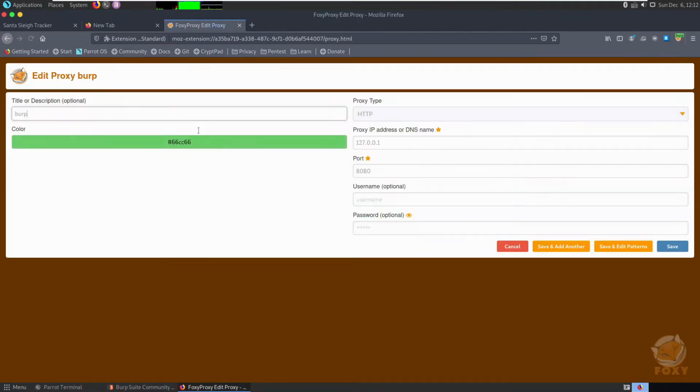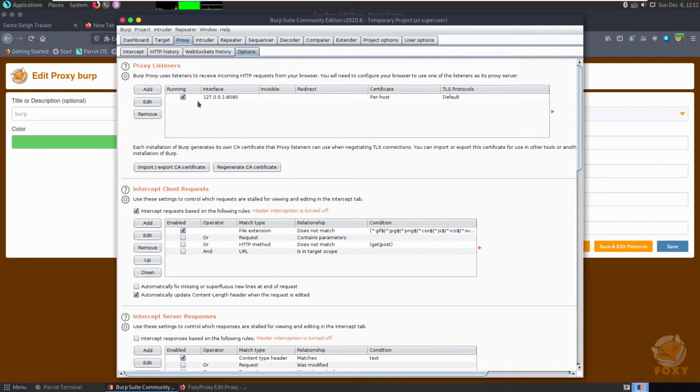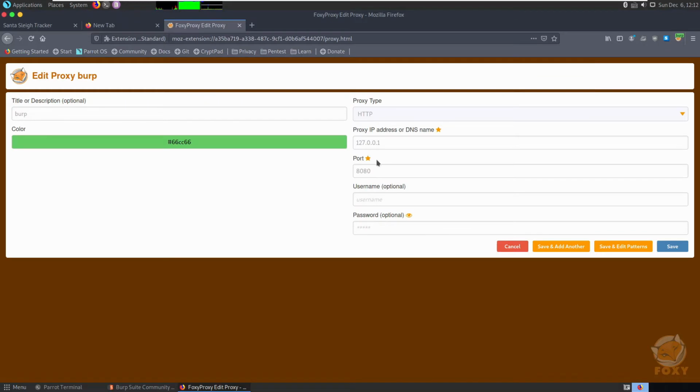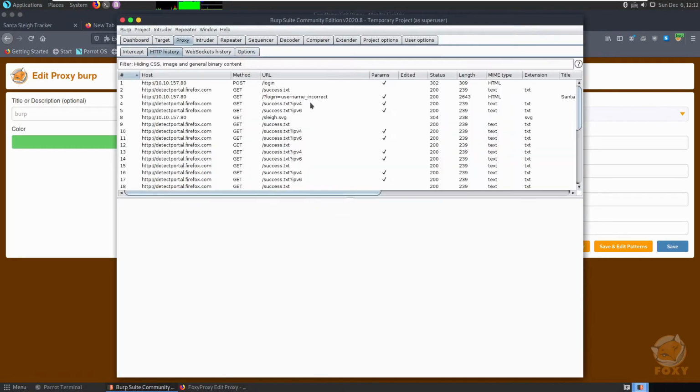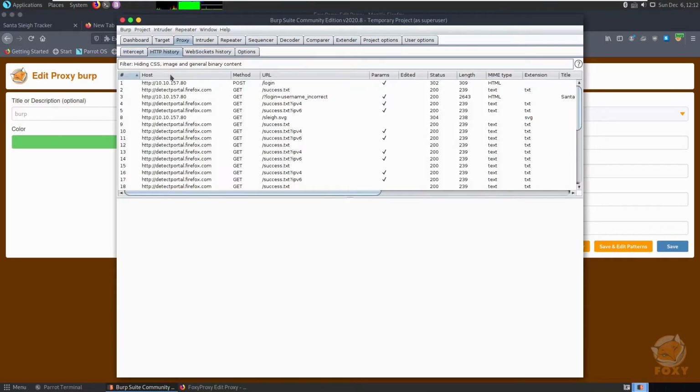What it is saying is that whenever I turn this Burp option on, the Burp proxy residing on port 8080 on my localhost captures our requests, because we are redirecting all our traffic to FoxyProxy, and this will redirect to our Burp Suite proxy. Now we can capture here and see how the request is going. To see the request, you need to click on intercept is on. If you don't want to modify the request, you can simply see the HTTP history tab.